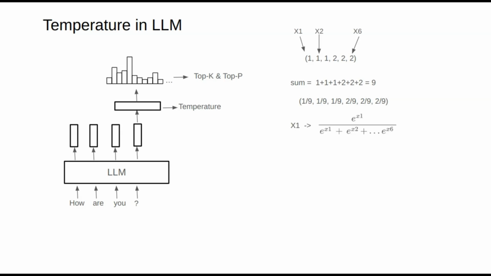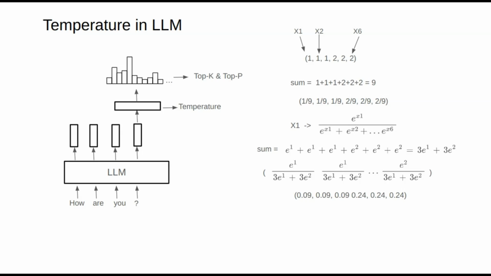Instead, we use a method called softmax. For each vector value x_i, we compute e^(x_i) and divide by the sum of all e^(x_i) values. The same applies to all other values. Using this method, we obtain a normalized probability distribution. Applying this to our example vector, the numerators are e^1 and e^2, and the denominator is 3e^1 plus 3e^2. The resulting probabilities are approximately